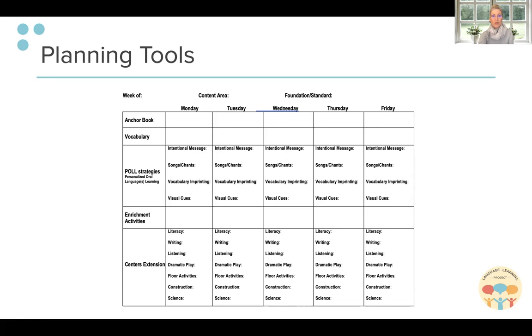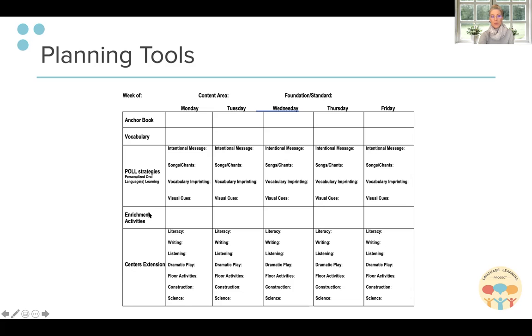So you can see here that we've got it by weeks, Monday through Friday. You may have a different book each week that you are introducing to the children, or you may select one book for the entire week that captures lots of vocabulary and where you can input the different strategies like your intentional message, your songs and chants, and visual cues.